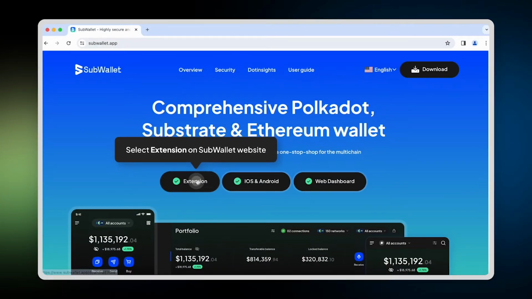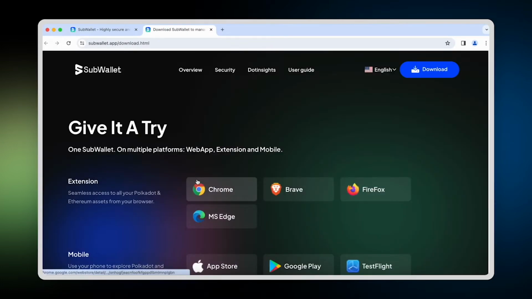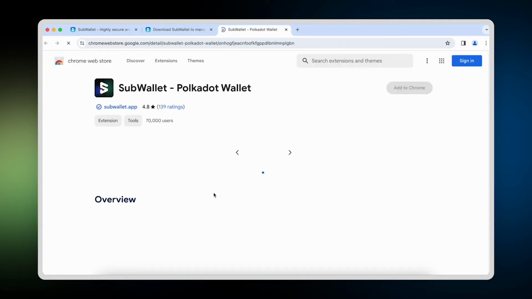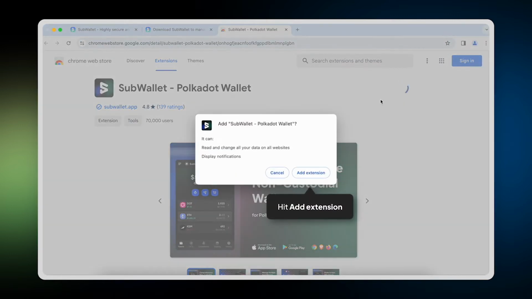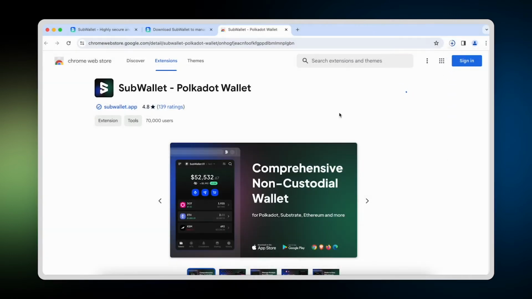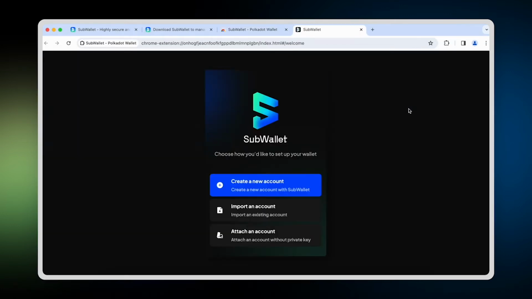On the homepage, select Extension, and then you'll be taken to the download page. You can choose your browser of choice. In here, I'll choose Chrome, and then you can hit Add to Chrome from this page. Hit Add Extension. Then the SubWallet Browser Extension should be downloaded, and then it will open up a new expanded